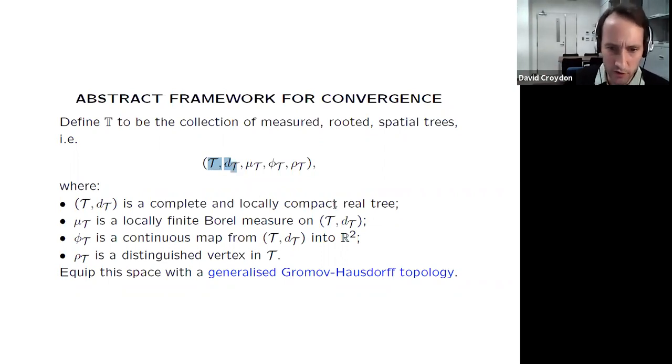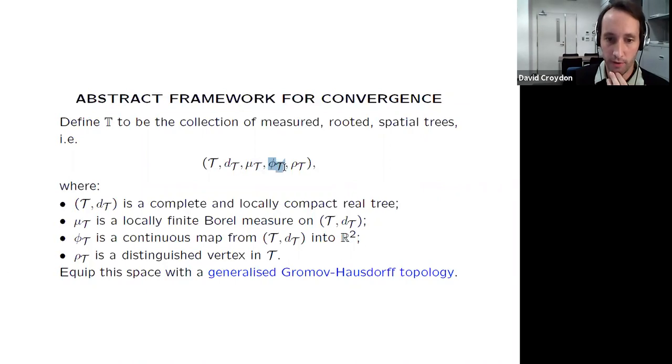Actually, the way I wrote it here, I'm assuming that these are real trees, so these are metric space versions of graph trees. People attentive to detail will notice that in the definition of a real tree, you really need the trees to be connected. So I suppose I should really include the line segments on my discrete model, but this is a small detail. So this is the first pair. The third thing I'm going to throw in here is just a measure, and in particular, this will be my counting measure on the uniform spanning tree.